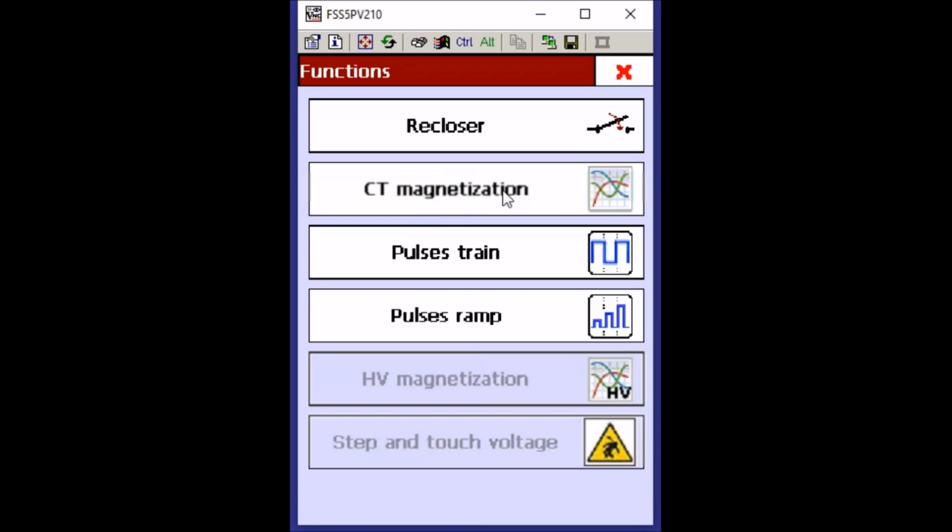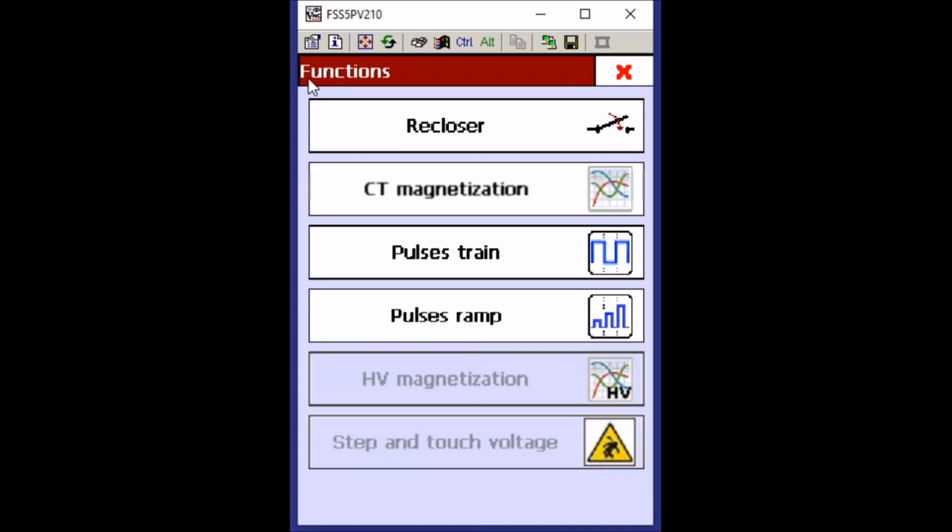Okay, this is the way this function is cataloged in the Raptor menu. Okay, the knee point evaluation is named CT magnetization, and this is a function you see as a different thing